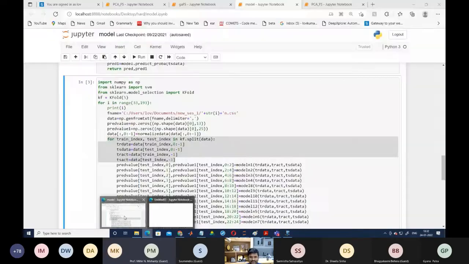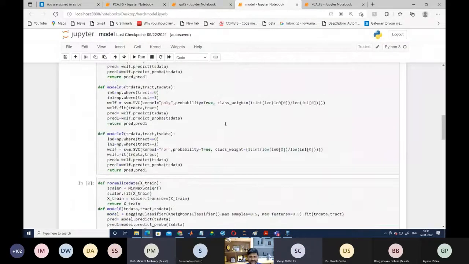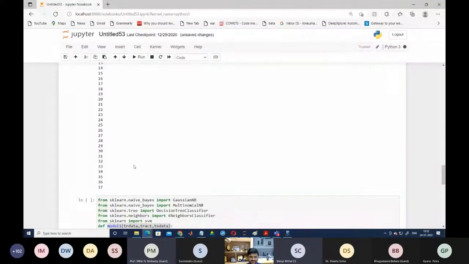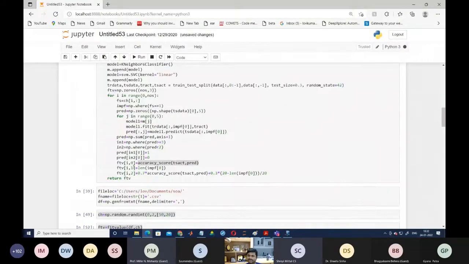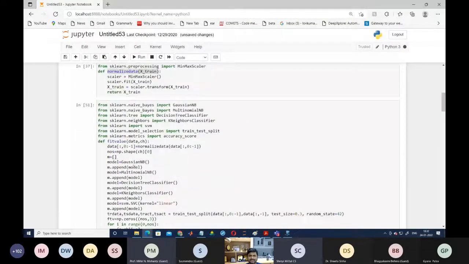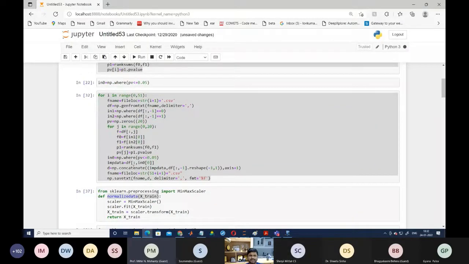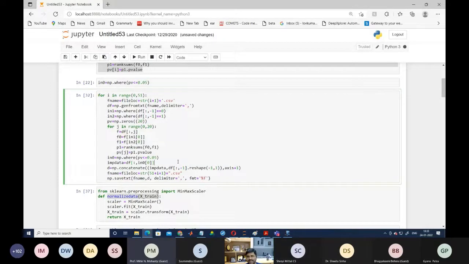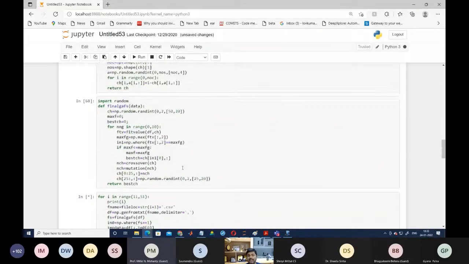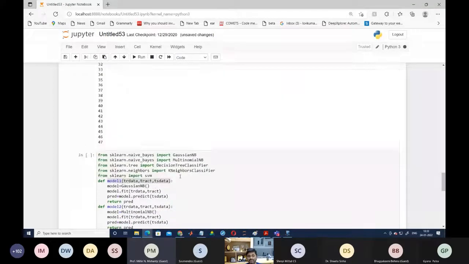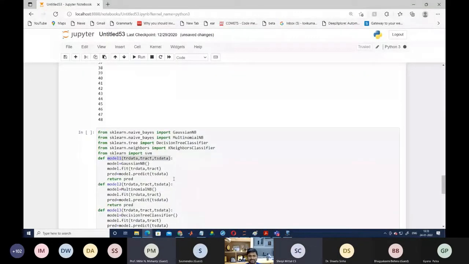Sir, I have a question regarding the functions. When we compute these weights, or when we talk about the support vector machine, there are many functions like the sigmoidal function, the Bayesian function. Which function is the most optimized function that can be used? That you cannot guarantee. That will totally depend upon the nature of your data. If the data is linearly separable, then in this case the linear function with the linear kernel will give you a better result. So that will totally depend upon your data, and based on the data, we are going to find which one is the best model. Okay, sir. Thank you, sir. Now, anyone, any other question?